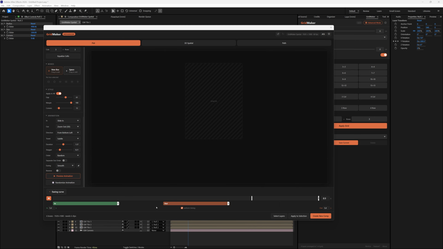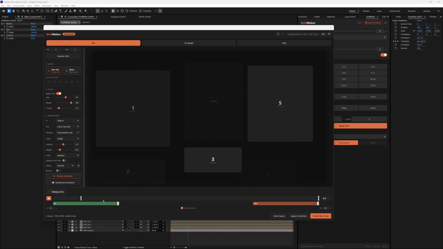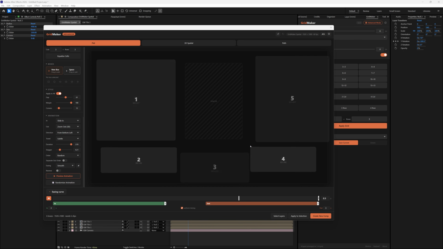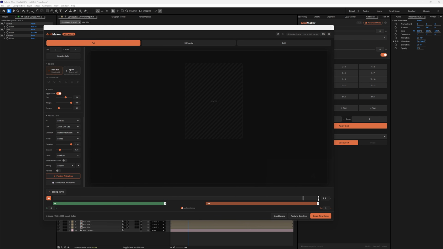And this is your in and out points, as you can see. So I can move this around, and this is where it's going to start. So preview. I want this animation to take longer. I want them to be uniform timing, so it's going to scale out very slowly. We could turn off uniform timing, so we can actually change this, make this one shorter, move it down our